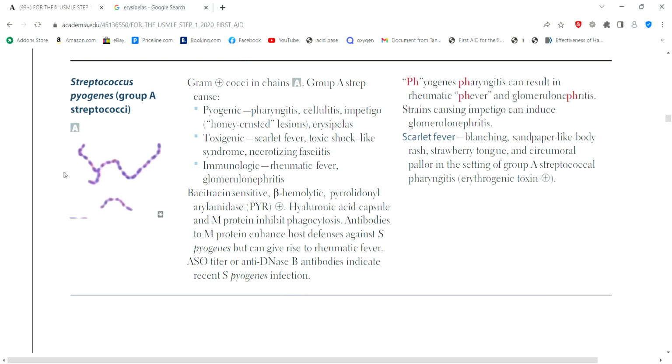And remember why this was? M protein and the hyaluronic capsule are ways that